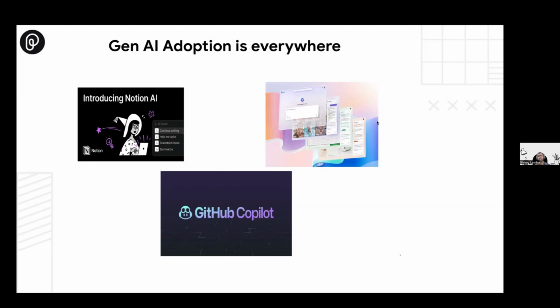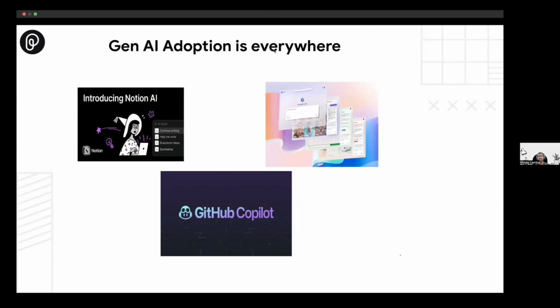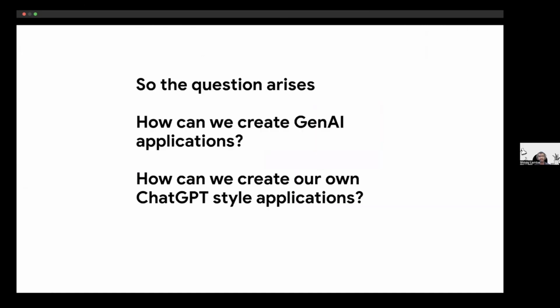A lot of mobile phones with mobile OS that are getting released are adding generative AI features directly built into the operating system itself. So the adoption is going crazy right now. So of course, the biggest question that arises is, for regular software engineers who might not have a lot of